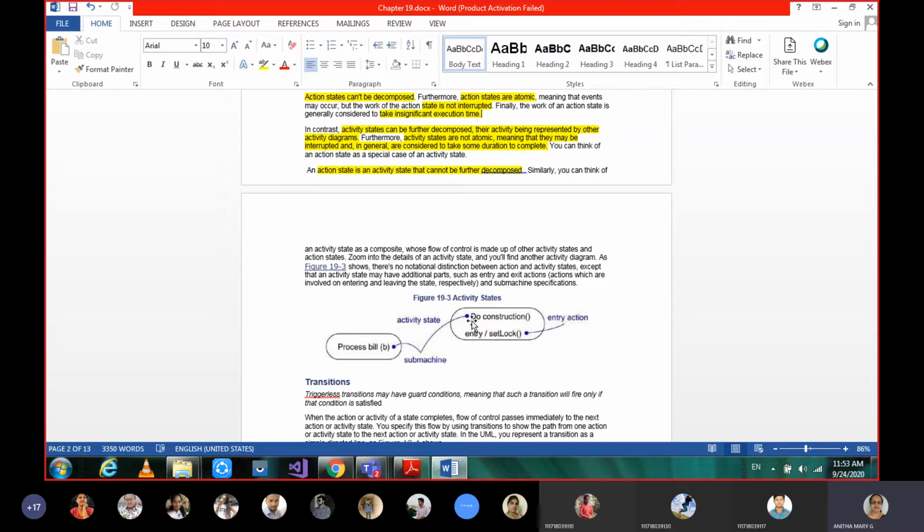All of you please make a note of what action and activity are. Still, if you have a doubt you can ask me now. When we are doing activity diagrams for the practical, you should have clarity about which state you should take as action and which state you should take as activity. Is that clear, or do you want me to repeat anything? Yes, respond.